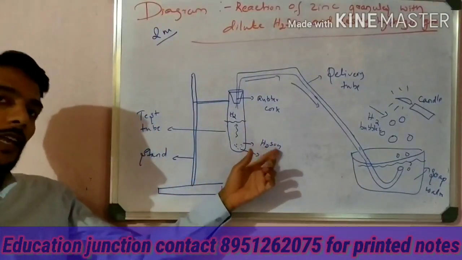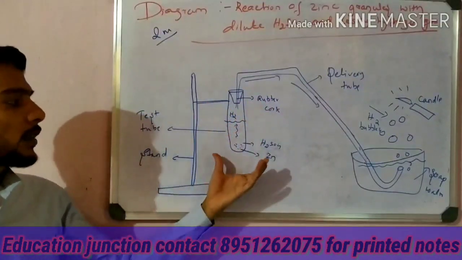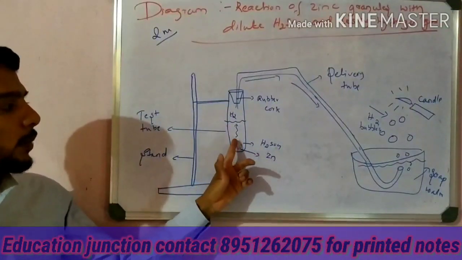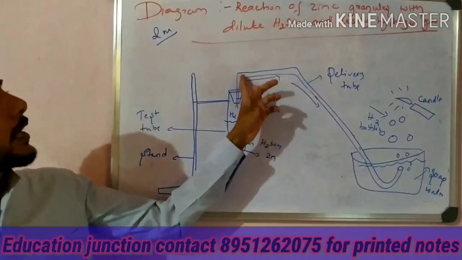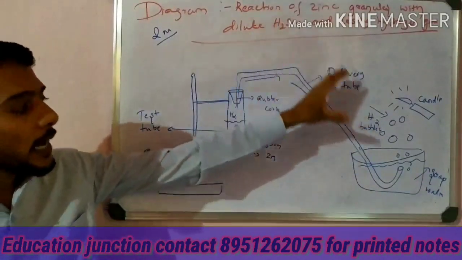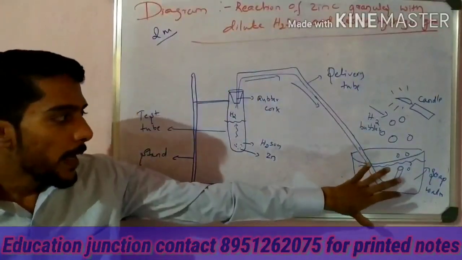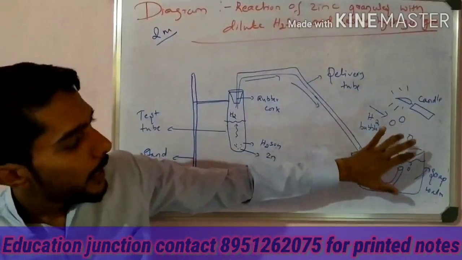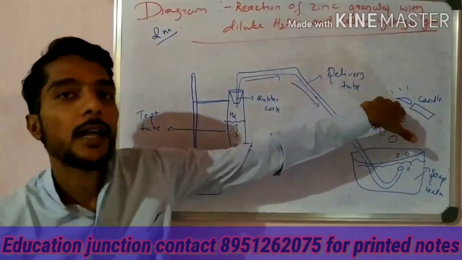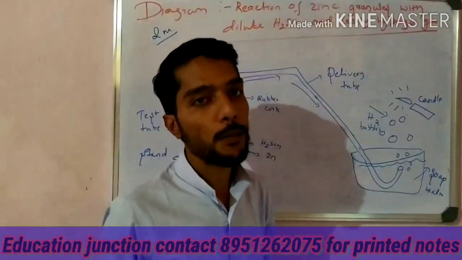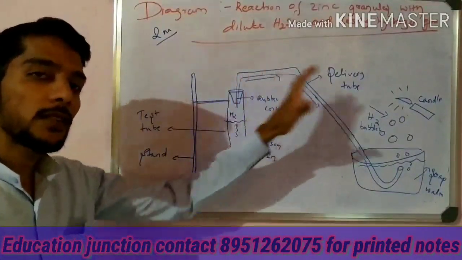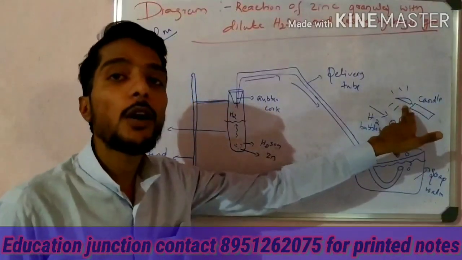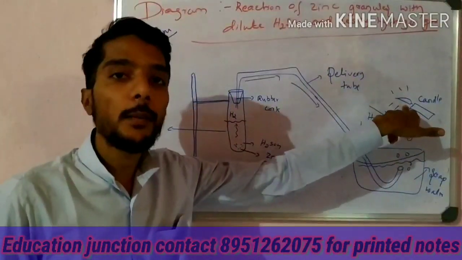Maybe the acid changes, such as sulfuric acid or hydrochloric acid, HCl, any. We can change that, but the common diagram is like this. One stand, one test tube. In the test tube, acid and zinc are mixed together, and there is a delivery tube through which hydrogen is passed into the soap water. The soap water and hydrogen gas mix together and form hydrogen soap bubbles, and when these come near the candle, the candle burns with a pop sound. That is the total process: metal reacts with acid, gives out hydrogen gas, and when the hydrogen gas comes in contact with the candle, it burns with a pop sound.